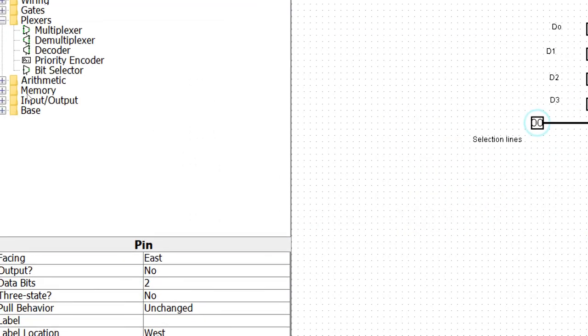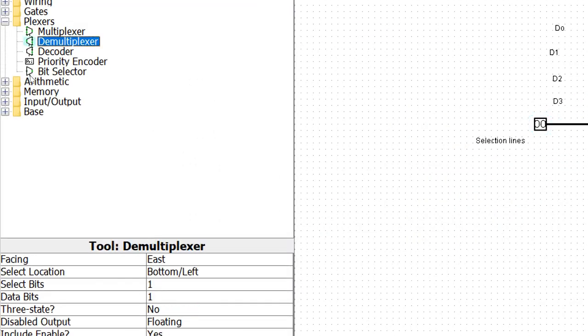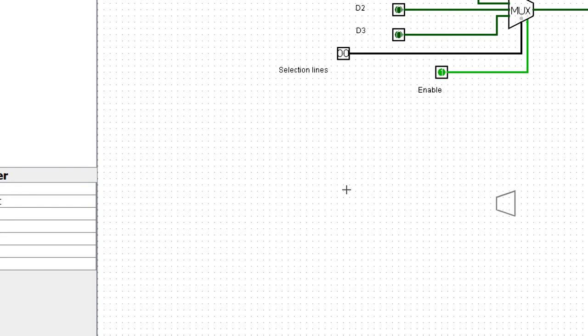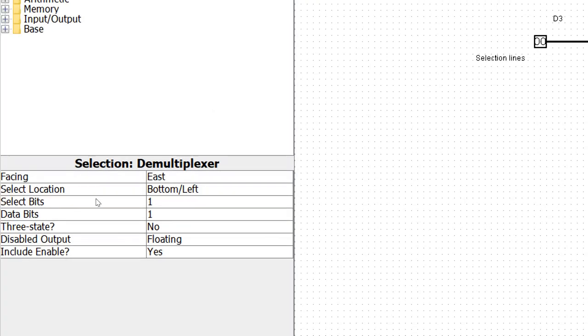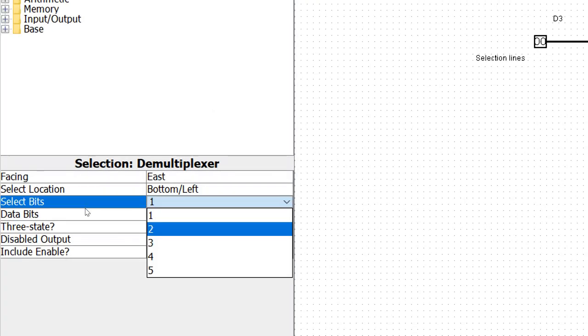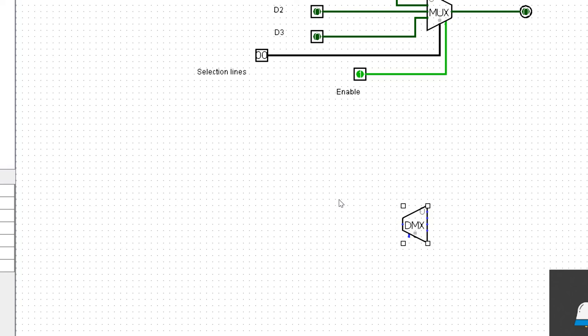Similarly, now we will construct the demultiplexer also. Take the demultiplexer and place it here. So this demultiplexer we will take as 1:4. For that reason I will take select bits as 2. Now this is a 1:4 demultiplexer. So this is the input line and it consists of 4 output lines.